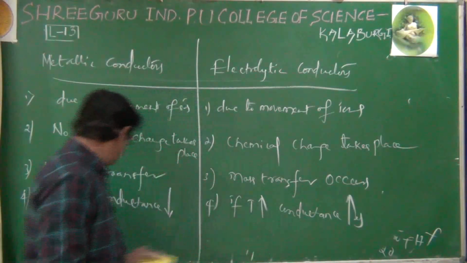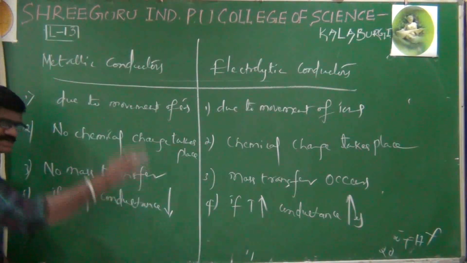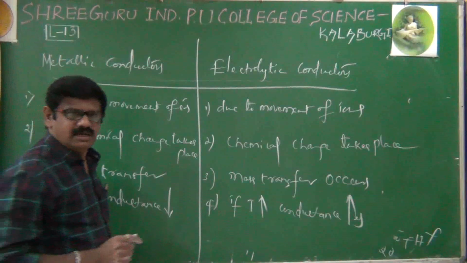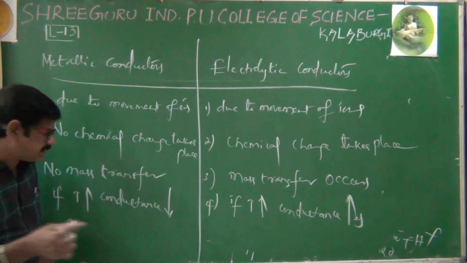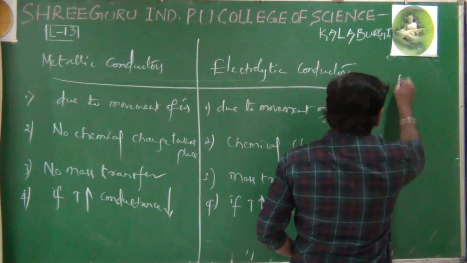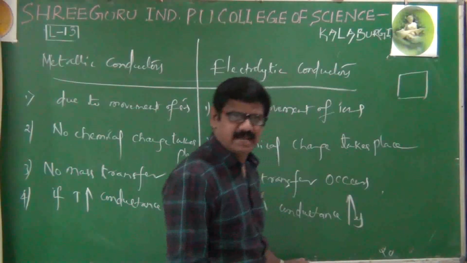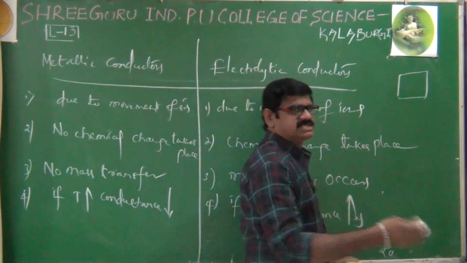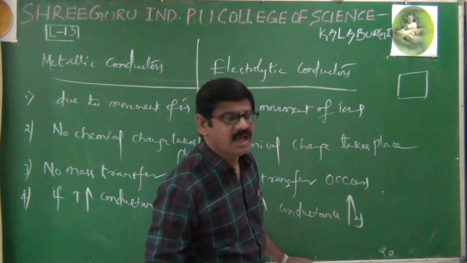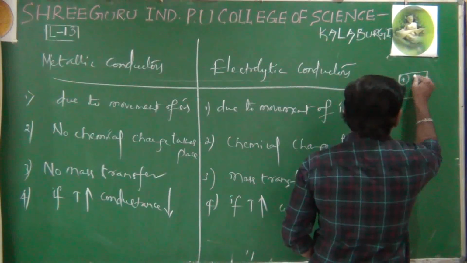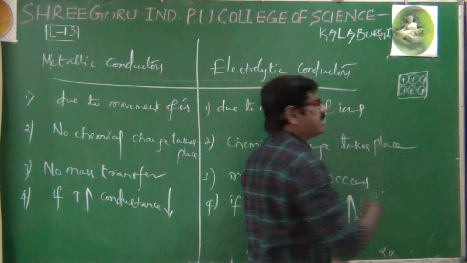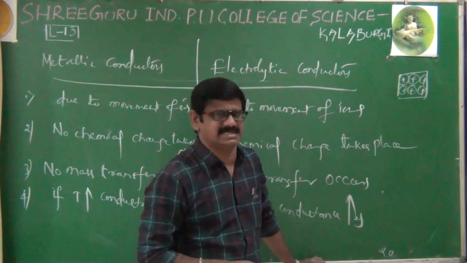Come here, left side. In the case of metallic conductors, why is conductance decreasing? To understand that, we have to know slightly about metallic bonding. Metallic bonding, we'll just discuss shortly. Like this one metal, like sodium, for example. Sodium, what happened in the valence shell? One electron is there. After losing its one electron, the remaining species is Na plus. And that Na plus I will show here in its metal crystal. Na plus, like that. Those positively charged species are called kernels.